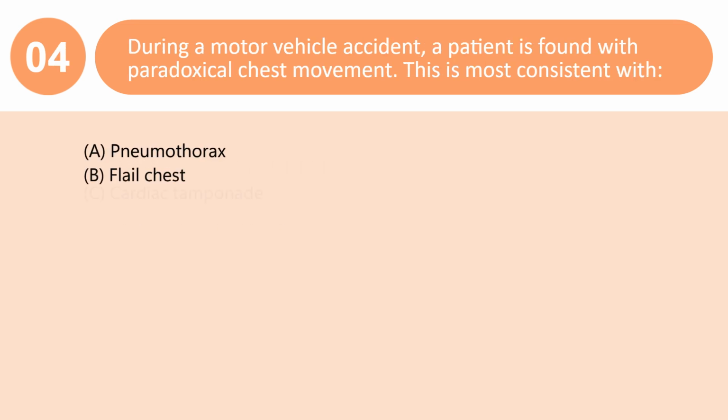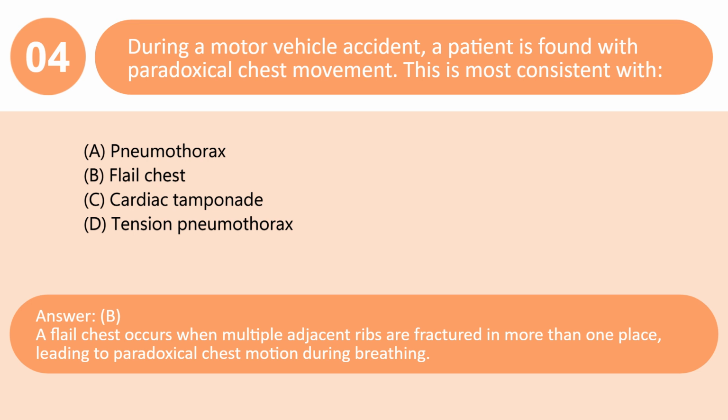During a motor vehicle accident, a patient is found with paradoxical chest movement. This is most consistent with A. Pneumothorax. B. Flail chest. C. Cardiac tamponade. D. Tension pneumothorax. Answer: B. A flail chest occurs when multiple adjacent ribs are fractured in more than one place, leading to paradoxical